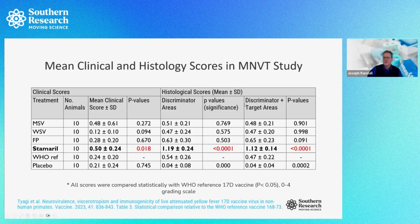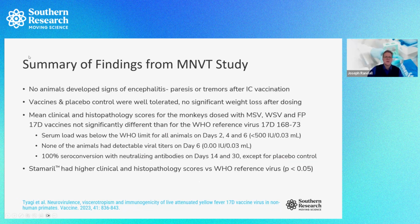Another way of calculating the histopathology scores also shows that Stamaril had slightly higher histopathology scores relative to the WHO reference vaccine, and it was significant. However, none of these animals developed paresis, encephalitis, or any neurological effects. So getting to the conclusions of this